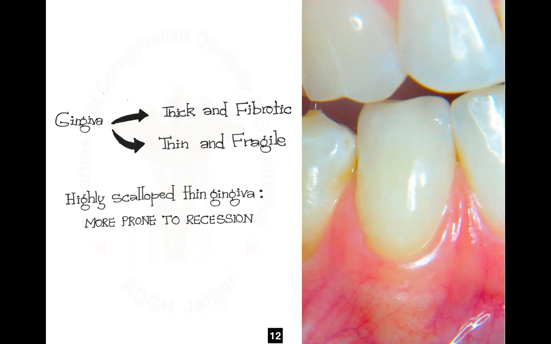According to Austin, Bean, and Ross, the gingival biotypes are of two types. They have classified the gingival biotype and came up with two types. The first one is scalloped and thin. The second one is flat and thick. I repeat, the gingival biotypes: the first one is scalloped and thin, and the second one is flat and thick.